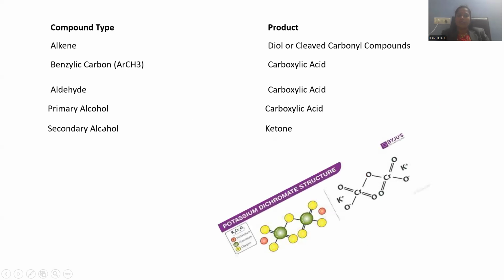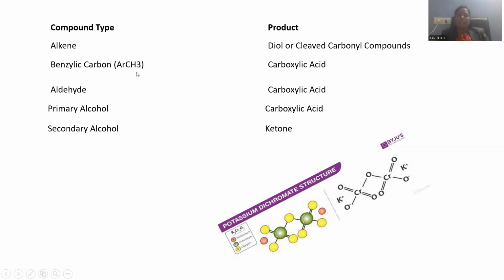Let me collate all kinds of oxidation reactions with the various kinds of reactants, and what could be the product by means of dichromate oxidation. If alkene is the starting material, there is a formation of diol. Diol formation is the possibility; if the cleavage is carried under heating conditions, we are going to raise the temperature high, so that cleavage at that instance giving rise to two carbonyl compounds is possible. That depends upon the reaction temperature.